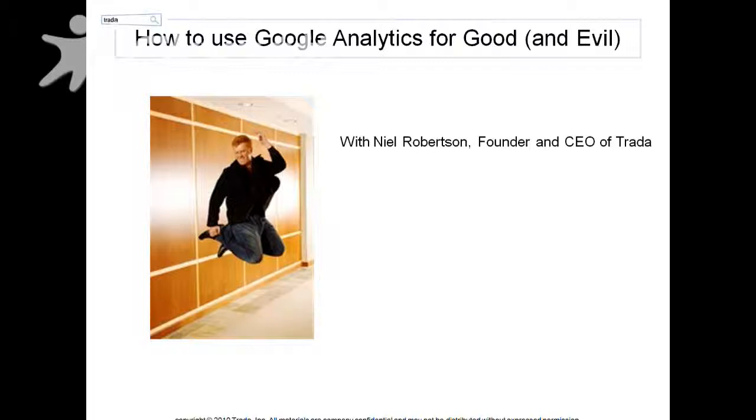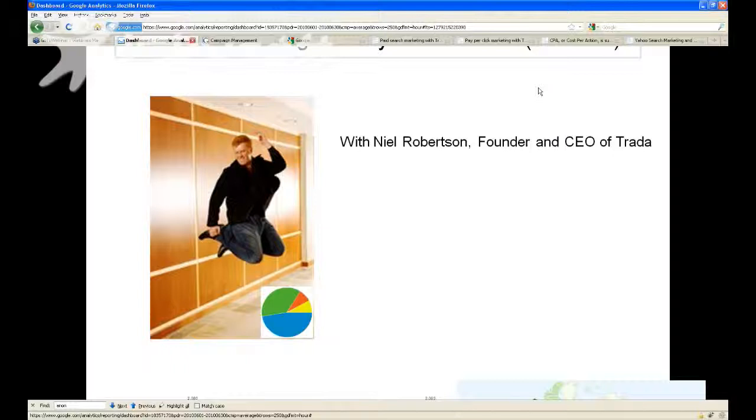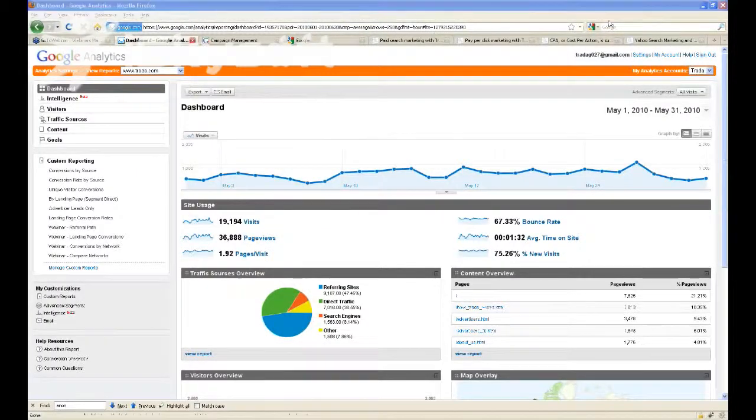Great. Let's jump on it. I'm going to flip my screen over to Google Analytics. Great. So I'm actually logged in now to the data for the Trada.com homepage. And I'm using some old data. I'm going to flip between different time frames of data. What I'm going to do is use different time frames to exploit the point that I'm trying to make a little bit. But for the most part, I'll just stick with a 1-month context here at the top right hand of the amount of time that I'm using.